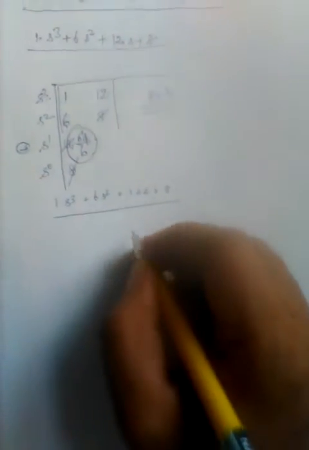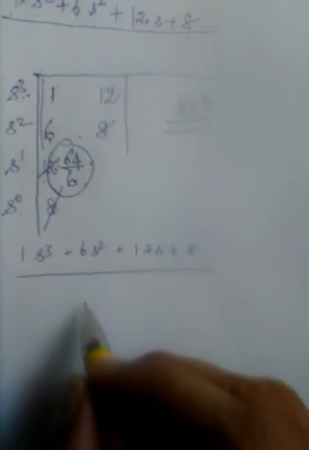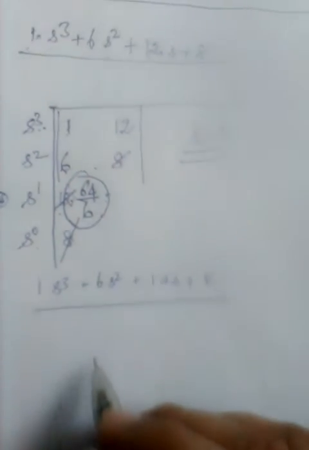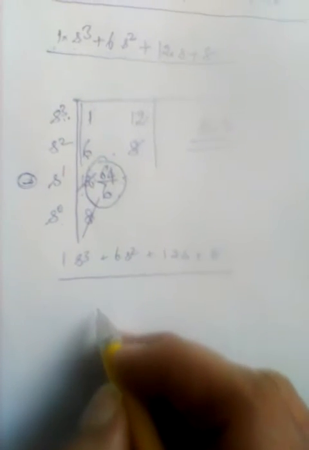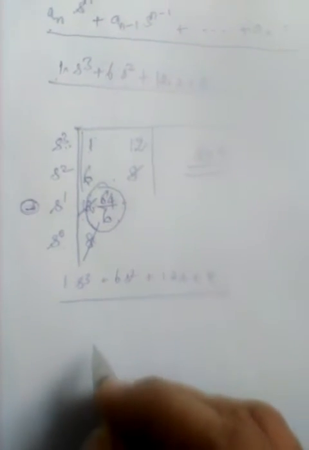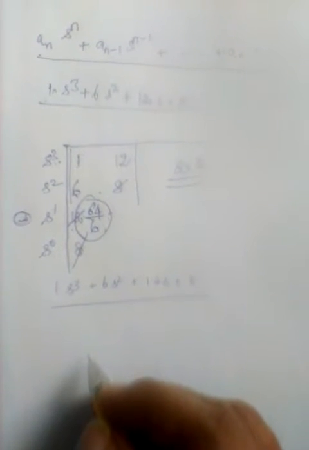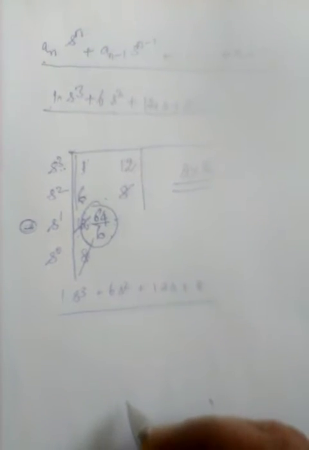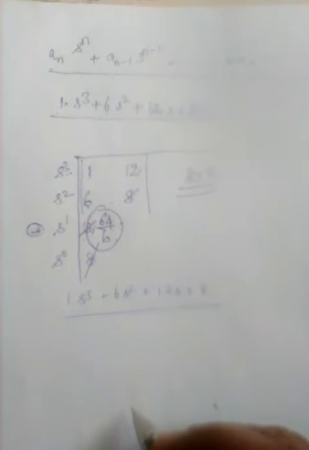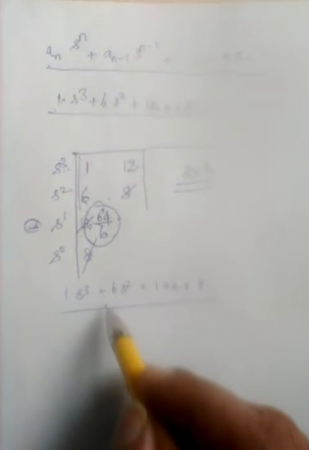What you are seeing is a polynomial for which I want to compute the roots. I have the polynomial s cube plus 6s square plus 12s plus 8. Now I want to determine the roots by the determinant method, for which I have to separate the coefficients. How do I separate the coefficients? First I have to take the coefficients in an order such that I can separate them, then I will take the determinant form. So I will separate the coefficients now